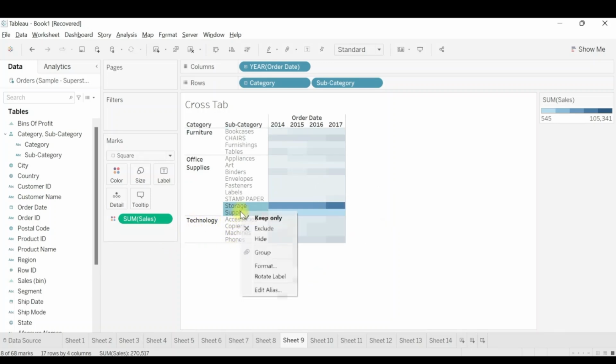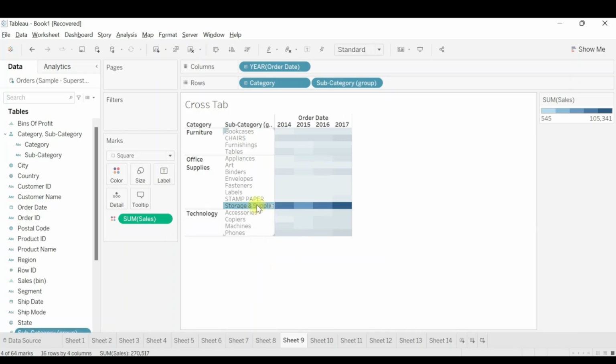Now right click on it and click on group. When we click on group, automatically it has grouped it into a single row where no more two rows of storage and supplies are shown. Only a single row of storage and supplies is being shown. So this is one of the ways to create a group in Tableau.